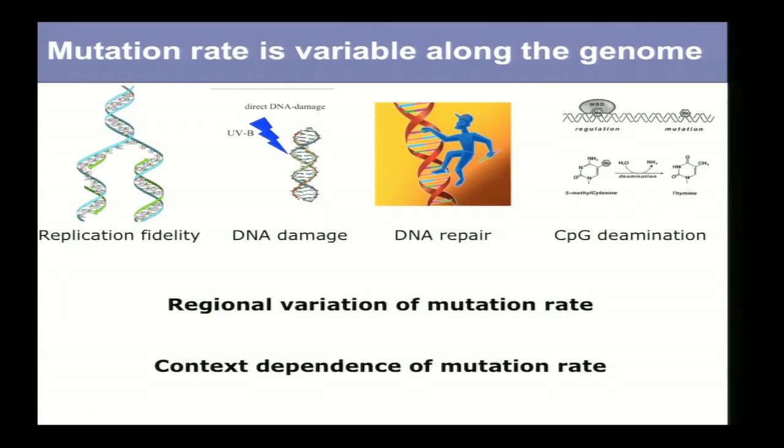My personal current belief is that main difference here is due to differences between coding and non-coding regions and sequence context, because mutation rate has regional variation and has context dependency because of multiple mechanisms of DNA damage, DNA repair efficiency, and replication fidelity. And I'm not going to talk about that, but especially context-dependent mechanisms can be an order of magnitude, and they result in differences between many functional and non-functional regions of the genome.